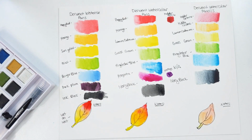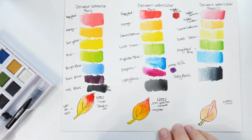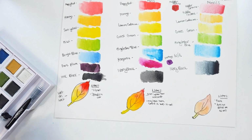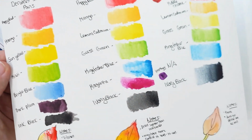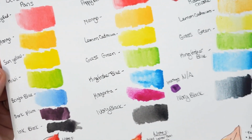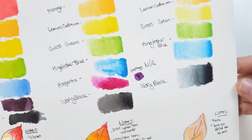The watercolor pencils really just don't hold up their end of the bargain, but I didn't expect them to. So a few notes. The Inktense were really vibrant. They spread really far with water. And then the Derwent watercolor pans dried less vibrant, or less saturated, I guess, than the Inktense. A little bit lighter than the Inktense. And it kind of felt like they might have some pretty good control in the water, at least with just